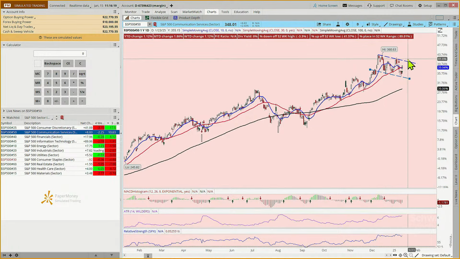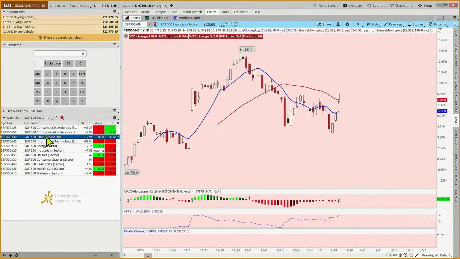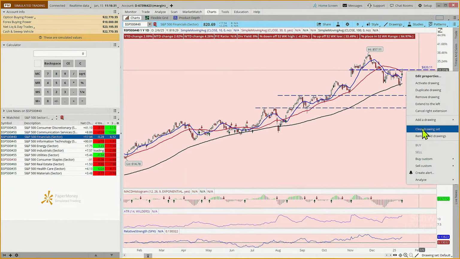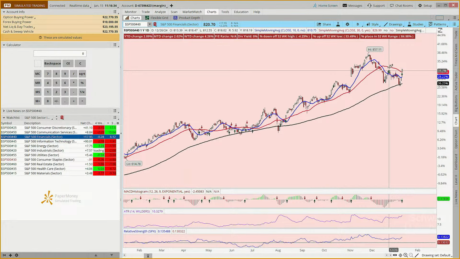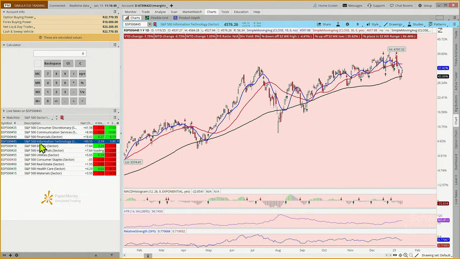So we're looking for it to break out of this downward trending range on communications and financials. And again, sometimes you just have to shake the Etch-a-Sketch, get rid of your lines and say, okay, new year, new set of drawings. A pretty dramatic jump today, right? Yep. And technology, this sector is still up 33%, even though it's in fourth place. It's been kind of consolidating.